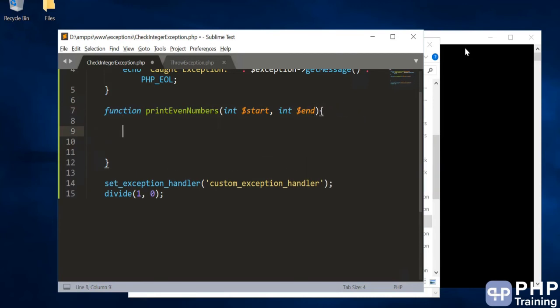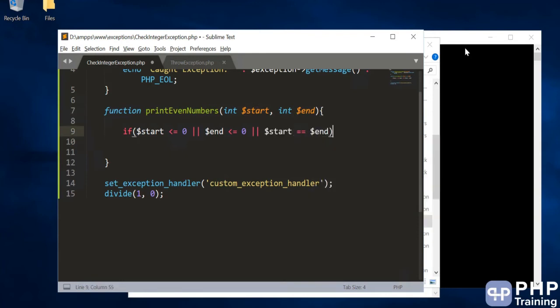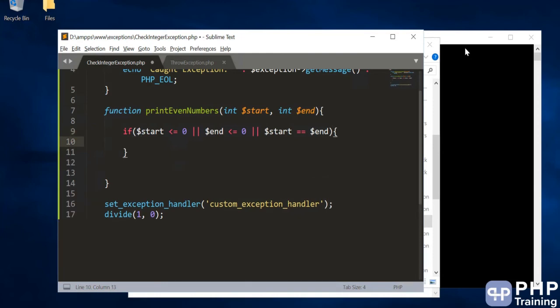We're not going to have any return type, and we can say if start is less than or equal to 0, or end is less than or equal to 0, or start equals end, if any of these things happen, then you throw a new exception.